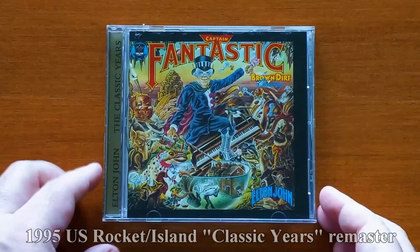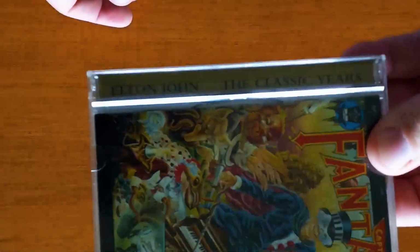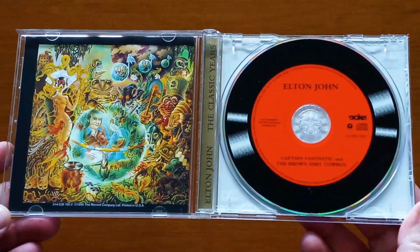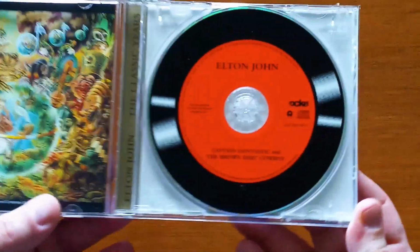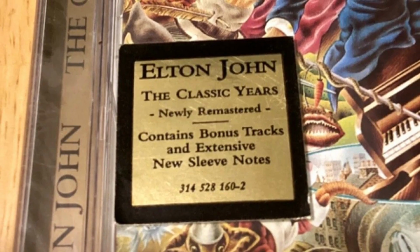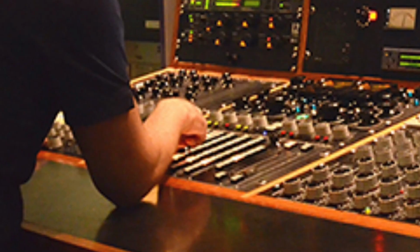Okay, not too many copies left. Next one is the 1995 US Rocket, or well, actually distributed by Island, Classic Years Remaster, catalog number 314-528-160-2. So these were marketed widely as remasters. Gus Dudgeon is often credited with doing the remastering work for this 1995-96 Classic Years Remaster series, but I think he only supervised it. The actual remastering work was by Tony Cousins, and Tony Cousins did that work at Metropolis,